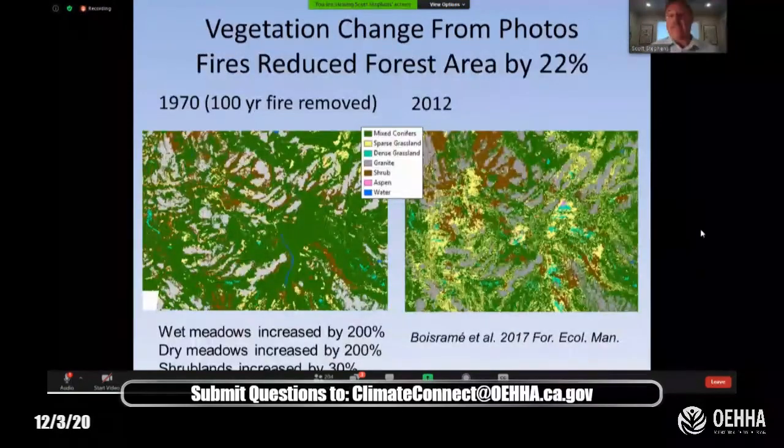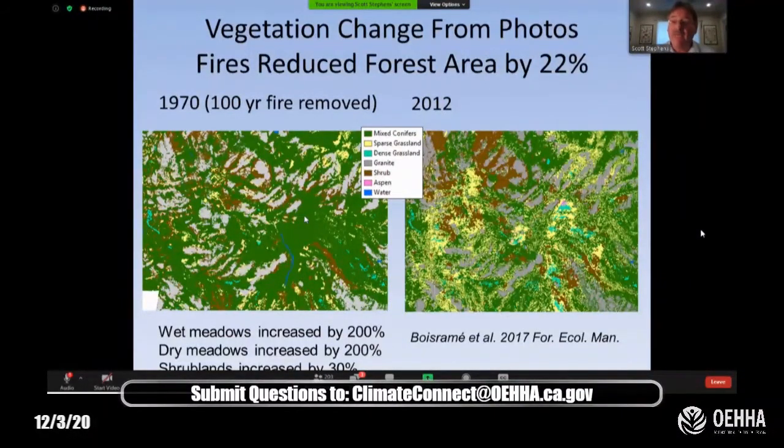Another student, Gabrielle, did some really interesting work. The picture to the left is actually a 1970 air photo that was stitched together, black and white. And this is the condition after 100 years of fire exclusion and suppression, just before the lightning fire regime was brought back in 1972, and then that first big fire in 1974. Look at that thing. That is wall-to-wall green. The green is basically forest. And you just see good evidence of how the forest is infilled, densification.